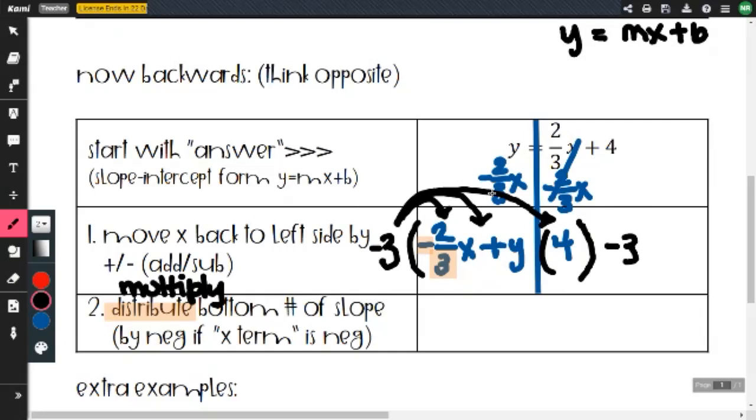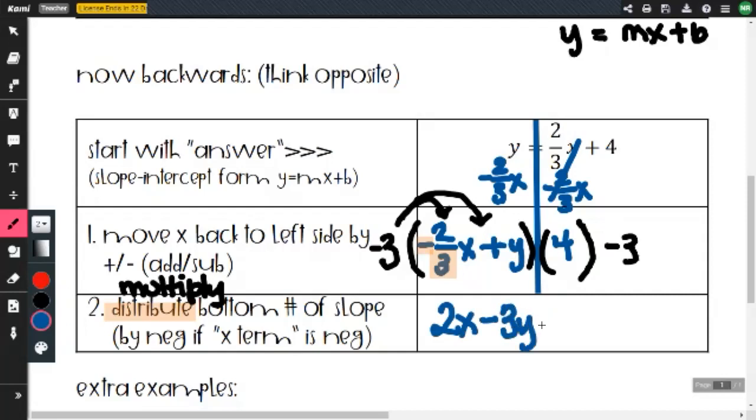Let's just do it that way. That way you guys don't get confused with this line right here in the middle. So we're going to do it that way. Okay. So now when you multiply -2/3 times a -3, it'll just give you a +2. Positive 2x, and then -3 times y,